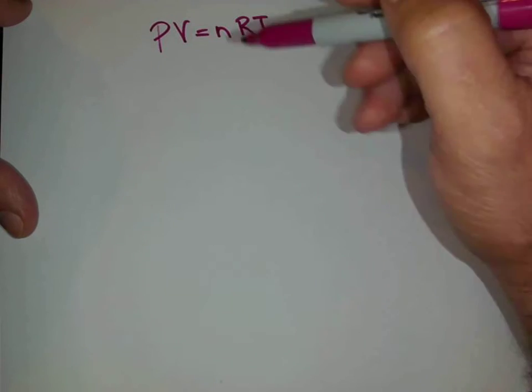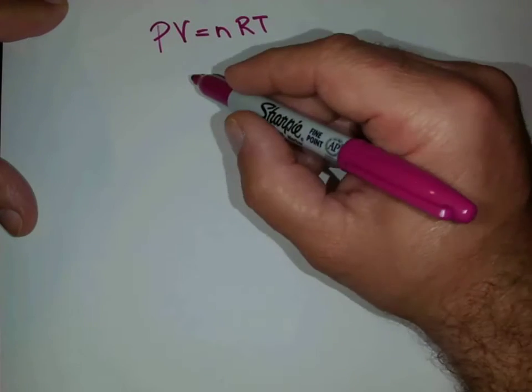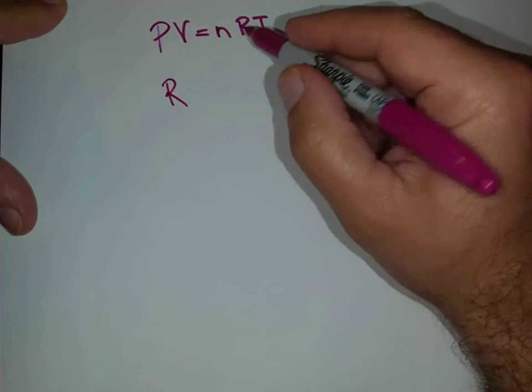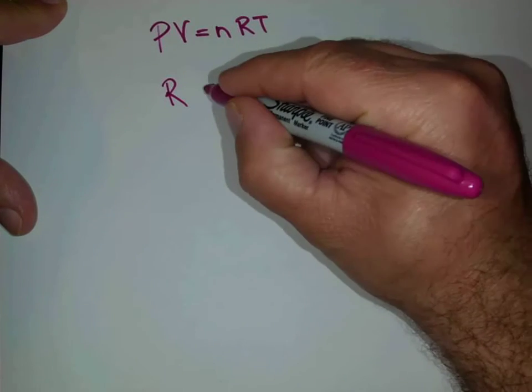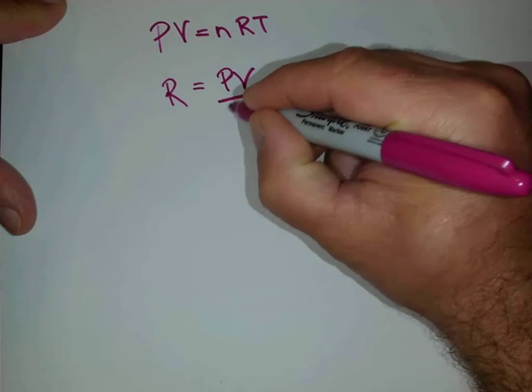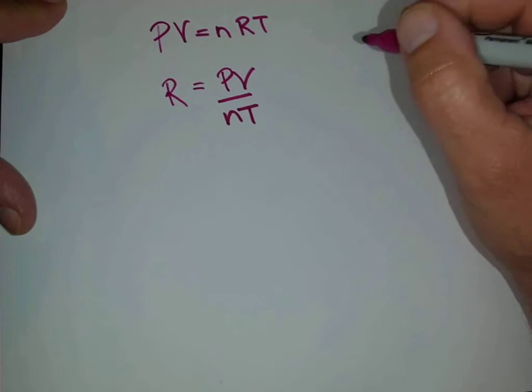Okay, so if we want to solve for R, we would divide both sides by n and T, and that would give me PV over n times T. Now,